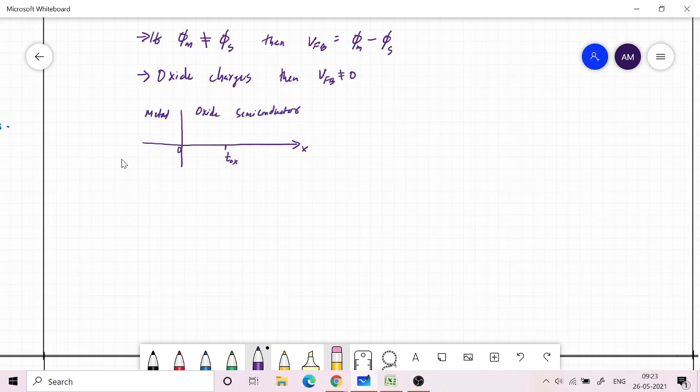What we are saying is that inside the oxide somewhere, and that could be anywhere, there is some positive charge here. Let's say that it is located at a distance x0 away from the origin. The way I have drawn it, it is nearer to the semiconductor interface than to the metal interface. Oxide has two interfaces: the metal-oxide interface and the oxide-semiconductor interface. So x0 is the location of the trapped charges inside the oxide region, and assume that this is positive.